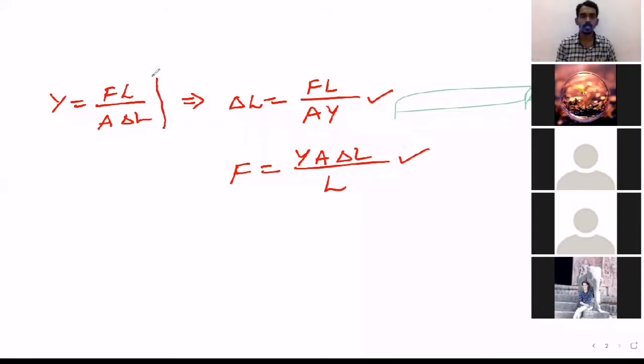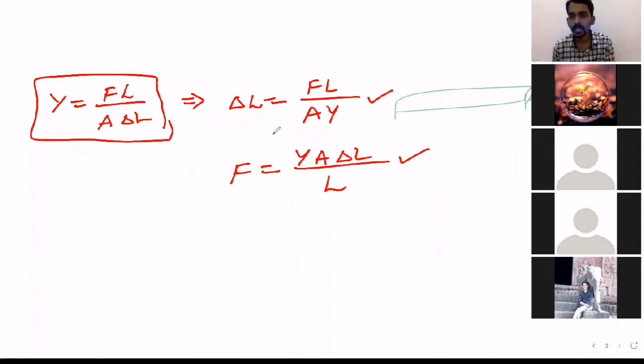This is the original formula. I have done a little manipulation, like the quantity which is to be found should be on the left side. The remaining quantities should be on the right side. Always you have to manipulate the equation or formula in that manner. The quantity to be found should be on the left side. All remaining quantities must be on the right side. Now these are Young's modulus based questions. Here also, the same thing, conversion and all, you need to take care.